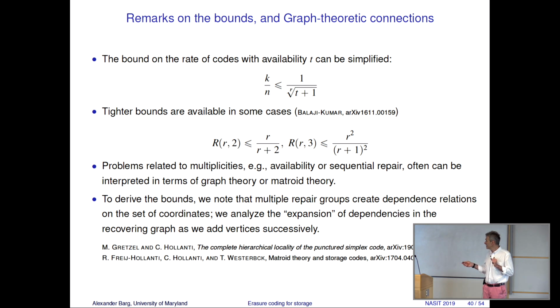They are typically tied to questions in graph theory or even matroid theory. And indeed, bounds on distance of codes with availability, at least some of them, are derived based on expander graph arguments. But this is only the beginning, because there has been more work on matroids for codes with availability and for LRC codes in general. And so this is a direction if you are combinatorially inclined, and like working with graphs and matroids, you can look at these questions, which again are open to a large extent.